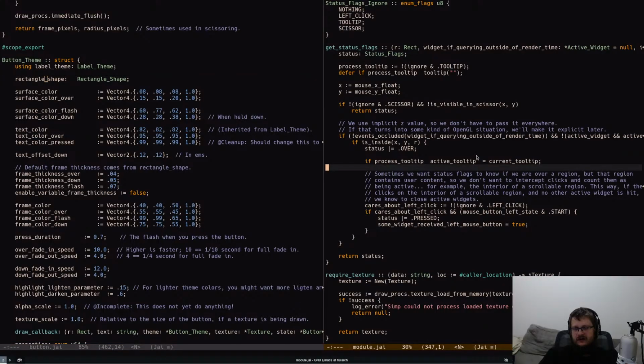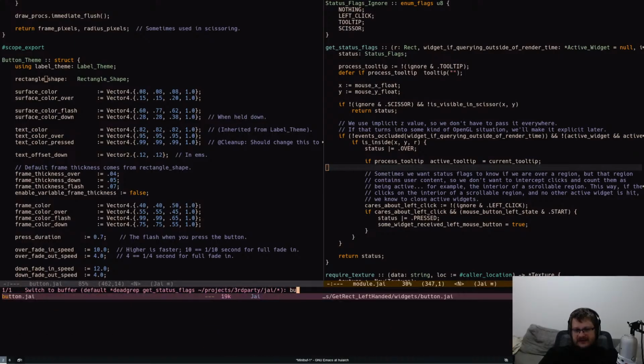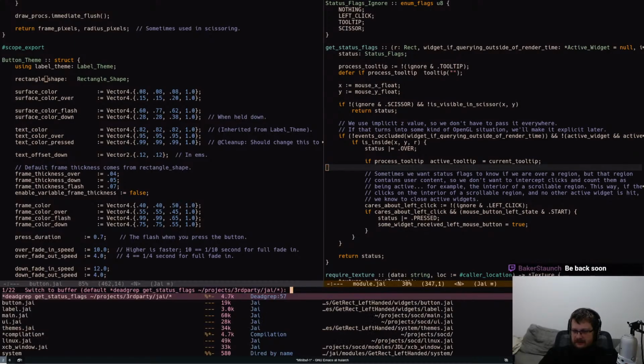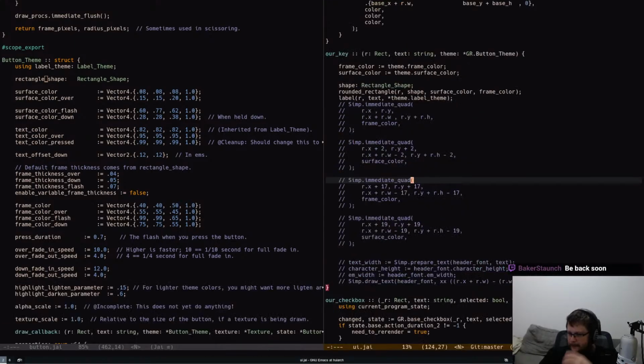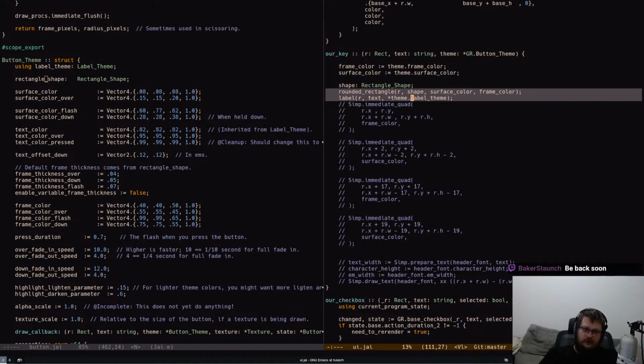Holy fuck. So we can simplify. See you, Baker. So we can simplify this even further. Instead of doing a rounded rectangle, we can